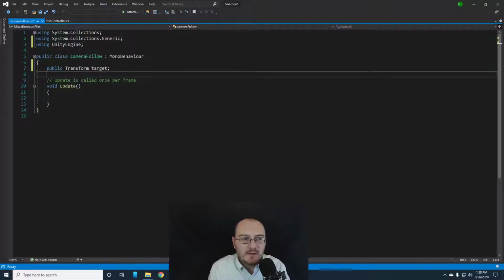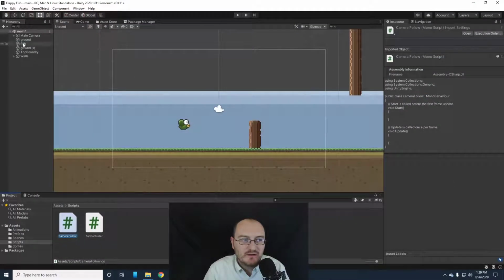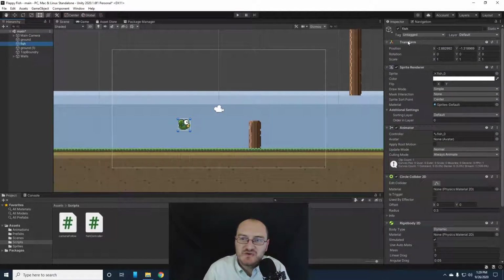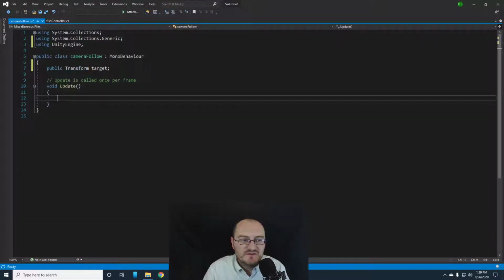Target. Okay, so I'm trying to create a reference to an object in the game, but I don't actually want the entire game object for this script. All I need to do is access the transform component on that object. So if we look at our fish here, notice that he has all kinds of components attached to him. The first thing he has is this transform component, and I just need a reference to that transform object, because I'm going to access its X position in this script. The only thing I want my camera to do is change its own transform to match the transform of this